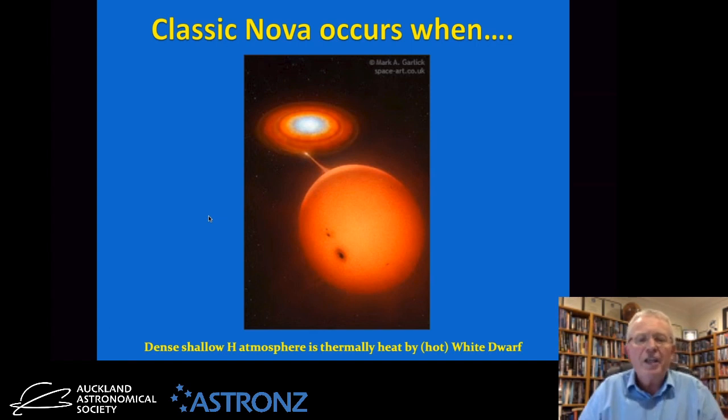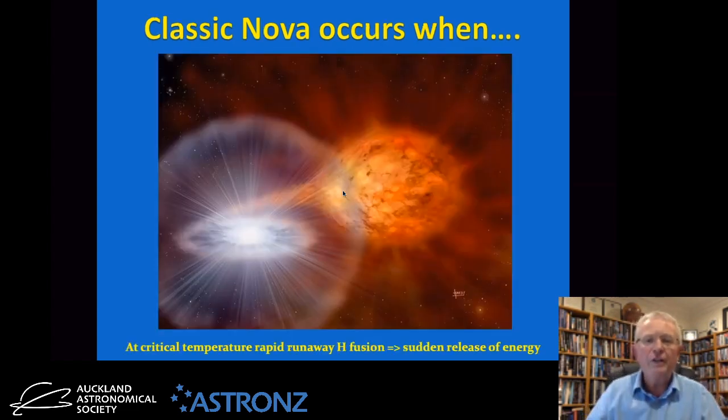Whereby you actually get a dense, shallow hydrogen atmosphere, because remember, the white dwarf core is just inert carbon and oxygen, but the outer layers of these gas giants is all hydrogen. So this is all mainly hydrogen. So you end up getting a very dense, shallow hydrogen atmosphere that covers the white dwarf, and it's getting hotter and hotter and hotter, till eventually it reaches a critical temperature at which hydrogen starts fusing together, forming helium, and